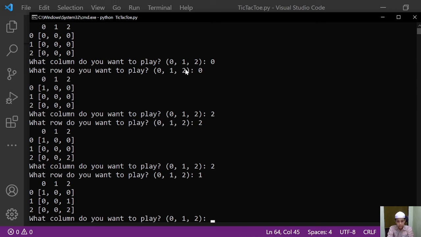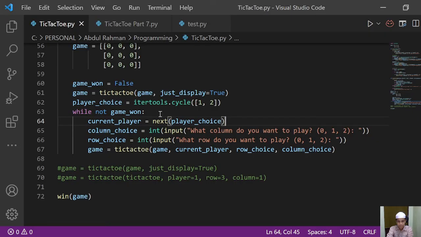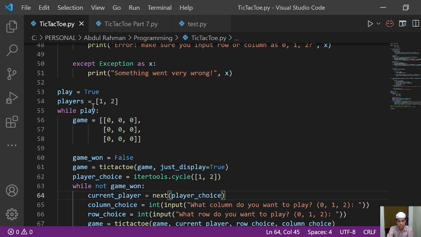And 2 0 0. Current player equals, everything is there, right? Where is that? 1 comma 2, and here